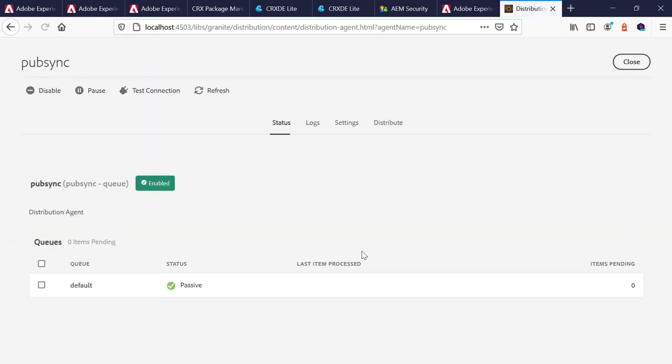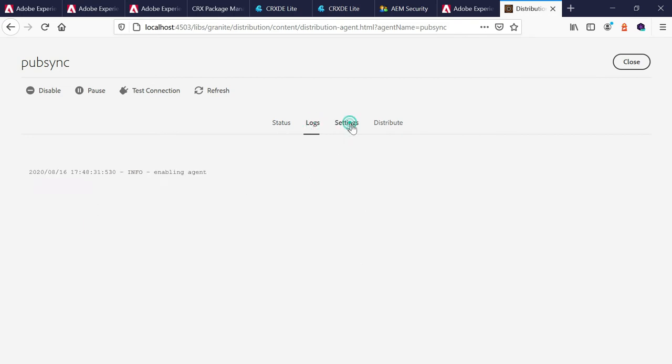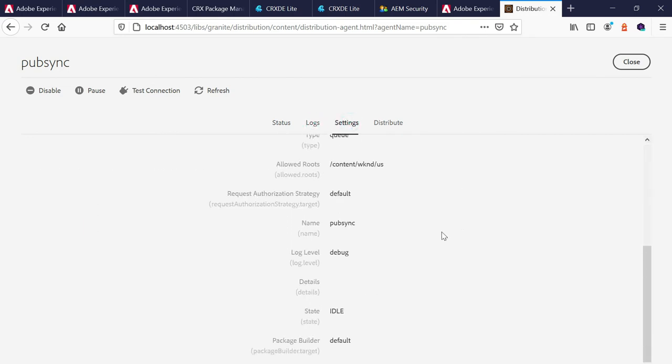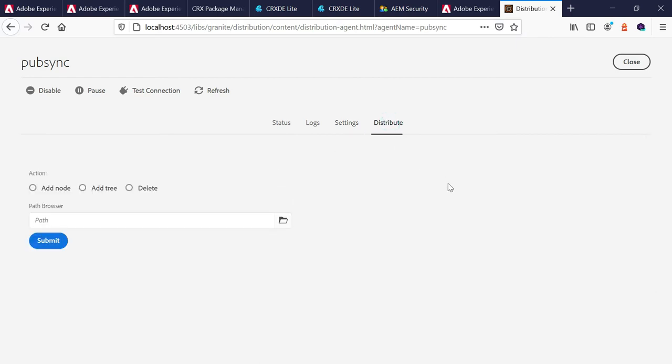Select this and double click on it. Here you can disable, pause, and test the connection. If you want, you can refresh. It also shows you the queues. Right now it's passive, so no values. You can also check the logs and see the settings. Also, if you want, you can do the distribution through this UI.